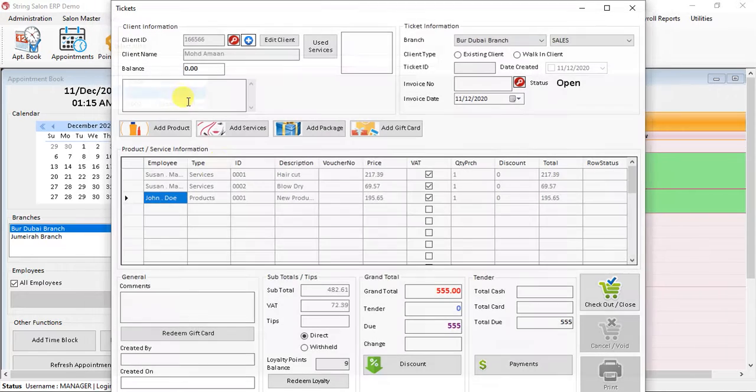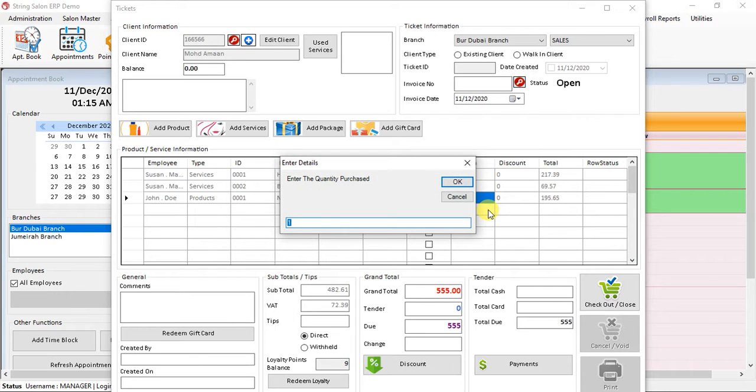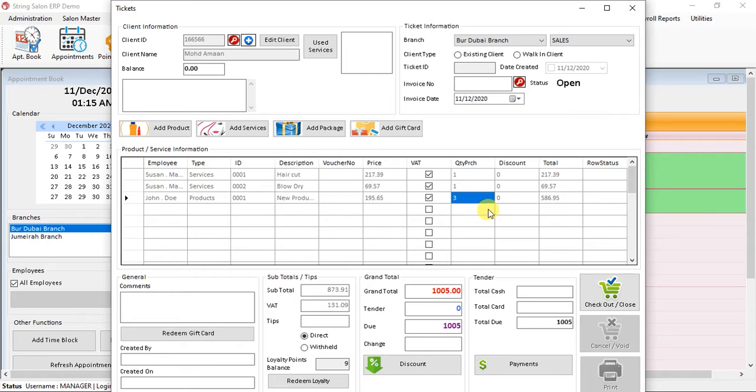This is optional. If you want to give it, you can give it, or else you can neglect it. Here you can actually change the quantity. For example, if you want to give 3 quantity, then you can click on the quantity and give 3. Plus you can also change the price of the product. This price which is coming here is inclusive of tax, so the price which you put here should also be inclusive of tax. And you can see all the totals and all the details here.